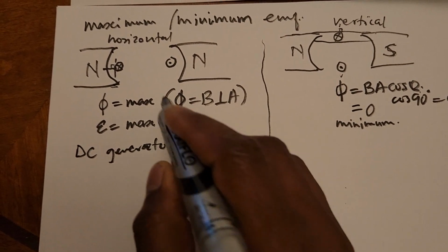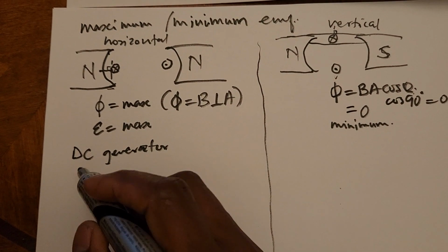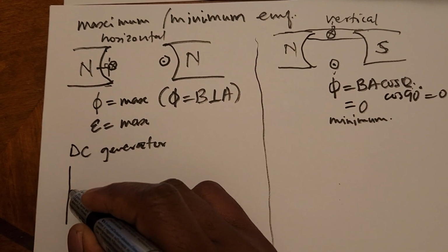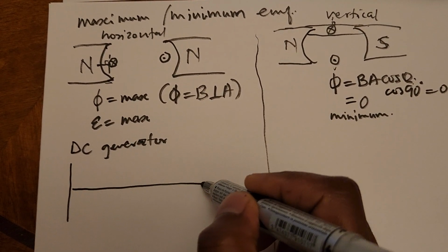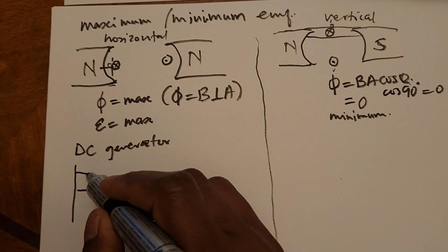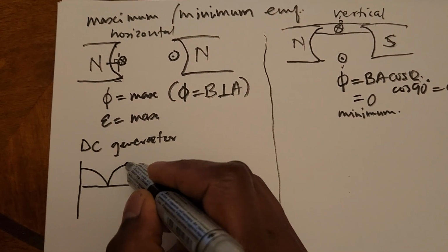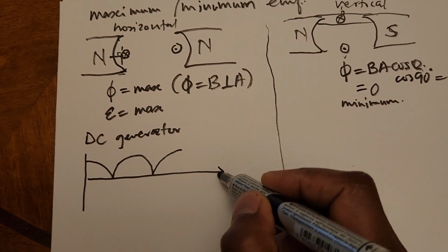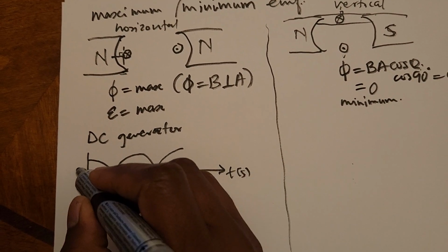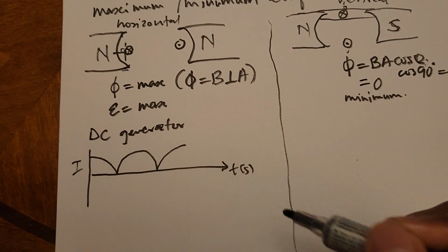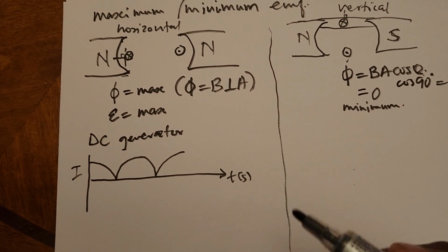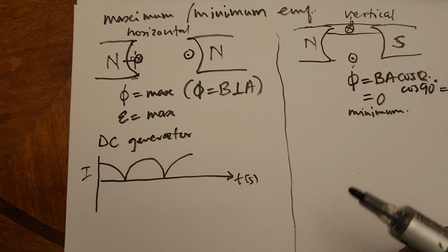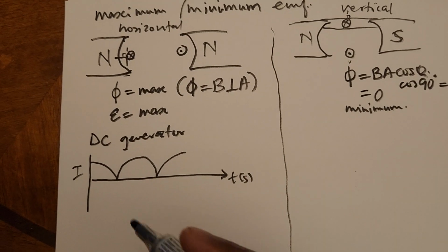For a DC generator, when you draw from this horizontal position, you will have this. It will start from maximum, then minimum. This will be the case, and then you will end this way. This is the graph of current versus time, or voltage versus time, when the coil starts from this horizontal position. And then if